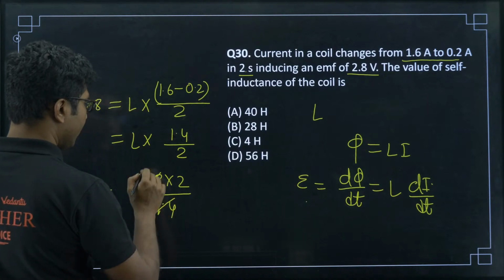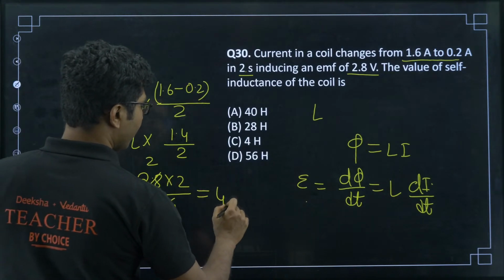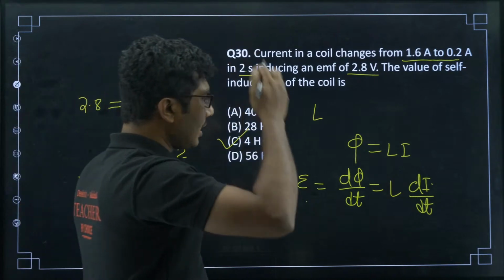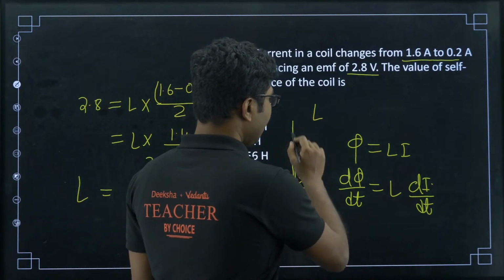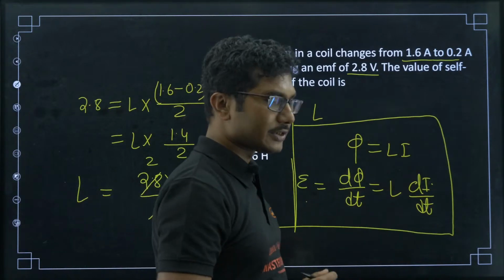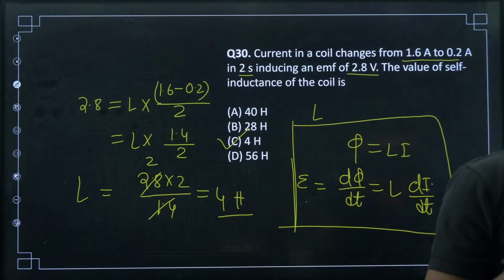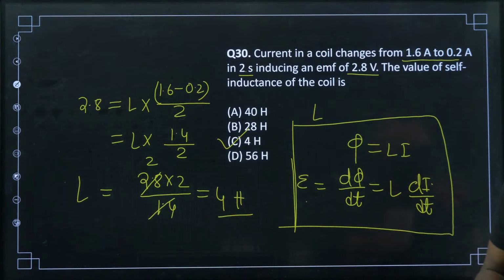So it will be 2 to the 4. So the correct answer is 4, Henry. Easy question, but slightly tricky. Okay, as usual, I said the last question is slightly trickier. Then yes, Pradeep, you answered 4. Pratik also answered 4. Uday is saying 30C. Yes, 30C is the correct answer.